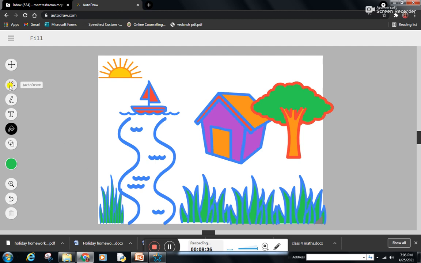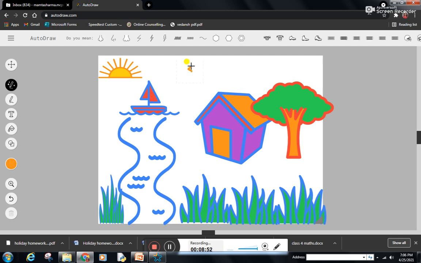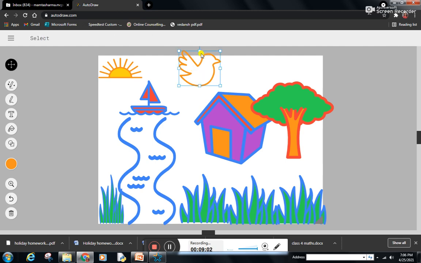If we want to draw the birds, I can draw the birds here. Birds can be drawn, or no, it doesn't look good. I'm using Control Z, and if I take the brown color and if I want to draw the birds, let's see. Yes, we are getting the birds. Yes, it can be. By clicking on this, we can reduce the size. The birds are flying. Yes, the birds are flying, right?